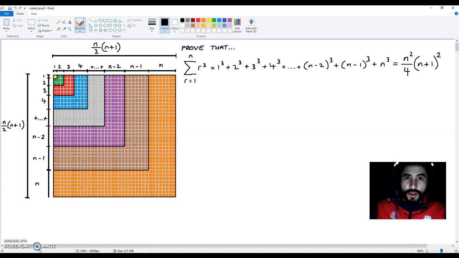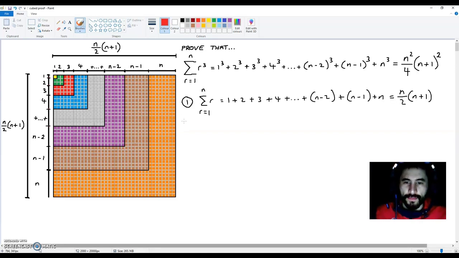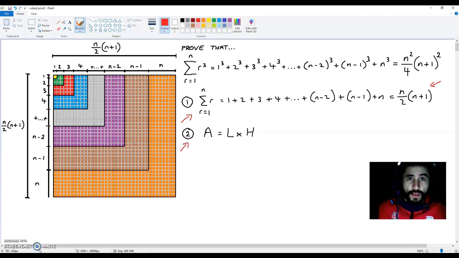Now, to get the same proof as me, there are 3 things that you need to know. Number 1: when you sum up all the natural numbers up to the term n, you end up with n over 2 multiplied by n plus 1. Number 2: the area of a square is its length